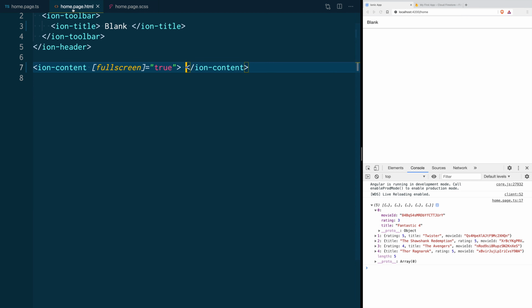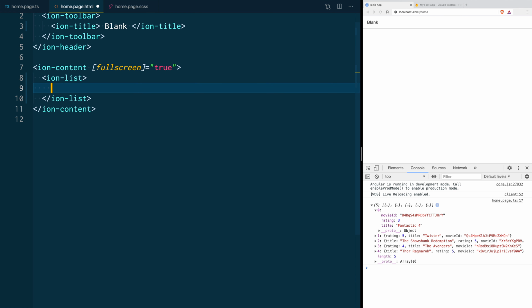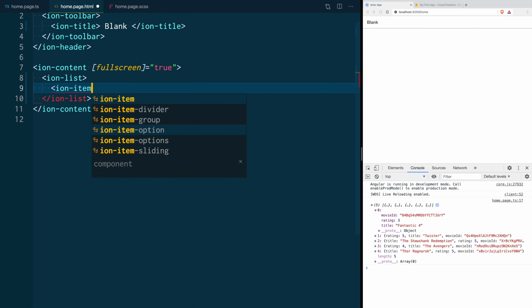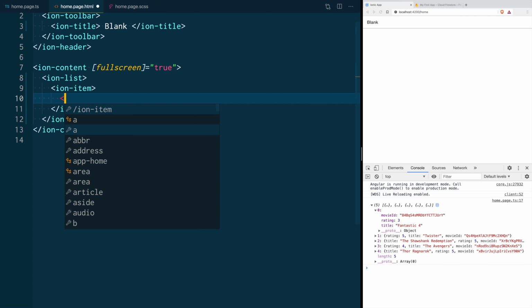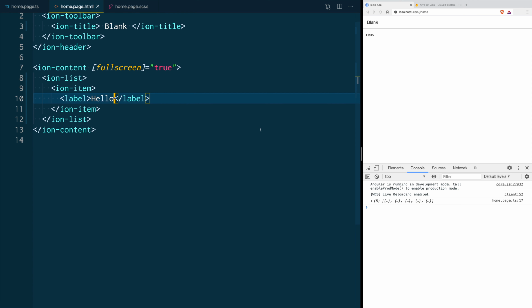For that, we are going to go to our homepage.html file, and inside of our Ion content, we are going to create a list. For that, Ionic has a handy component called ion-list. And inside the list, we are going to populate that list with items. For that, we can use ion-item. Inside of the item, I'm going to give it a label as an example, just so that you can see it on the screen. And when I hit reload, you see that now we have our list item on the screen. Since the data from this list is going to come from the database, we are going to populate it programmatically. So we are not going to be hard coding the label or anything like that.